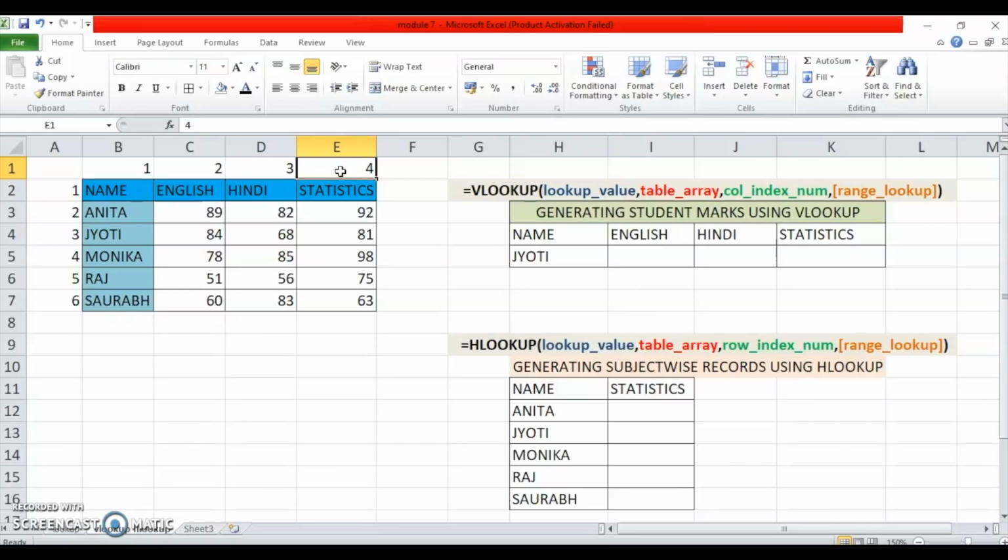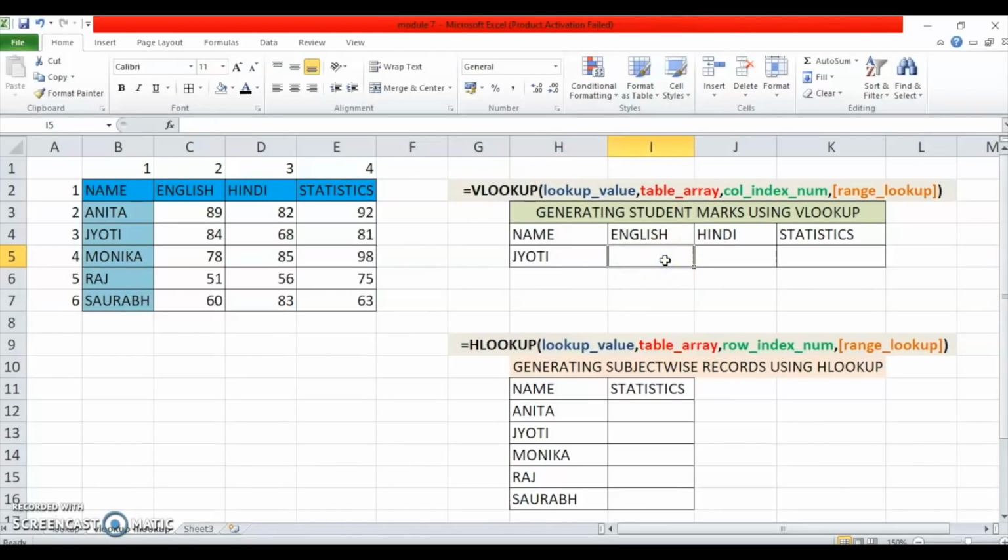And the last argument is range lookup. Range lookup means whether I want to search for the exact match of my lookup value, or whether an approximate match will do. So instead of Jyoti, if I find Jyot, do I want that or do I not want that? If you want, you can take this value. In my case, of course, we will be taking the value as false. But sometimes, if we are not interested in that, then we can simply take the approximate value, or closest value to this. And in case we do that, we should always sort our data in ascending order.